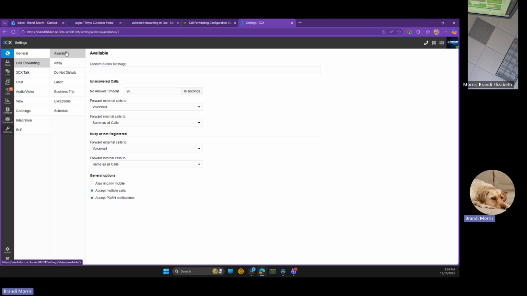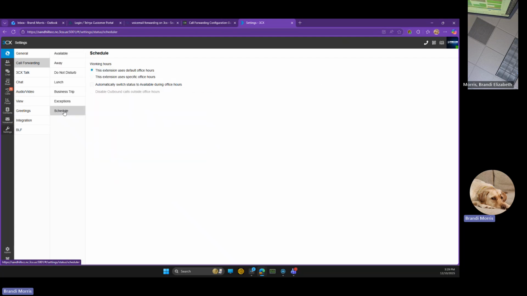And then this was just the available settings, but you could do this for any of your different availability states. You could adjust away, do not disturb, lunch, business trip. There is also a section here for scheduling. So you'll see you can actually set your extension to automatically toggle between available and do not disturb based on